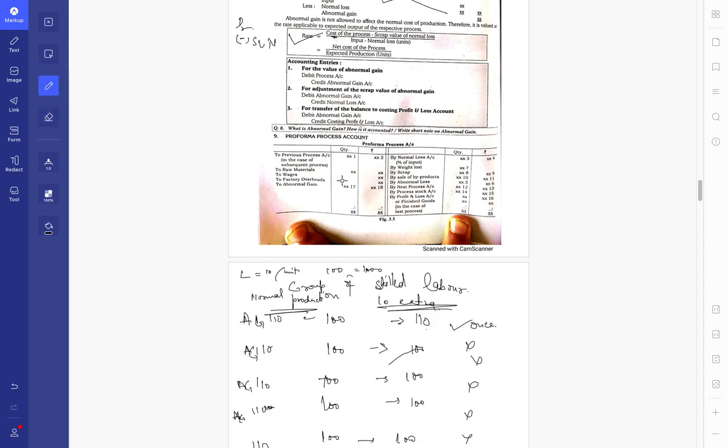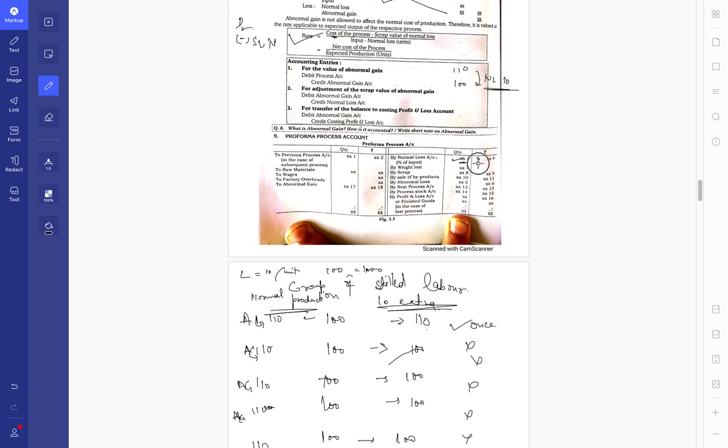Then same goes for factory overheads. Abnormal loss will come on to later. Normal loss, simple calculations. You will be given in the question that there is a normal loss incurred, so you know the quantity of normal loss. The question will say that the standard production pattern is after inputting 110 units, you get 100 units of output. You can figure out that the normal loss is 10 units. You take normal loss quantity as 10 units.